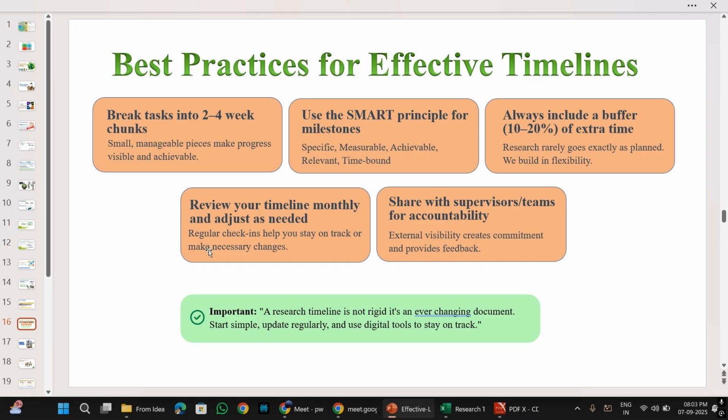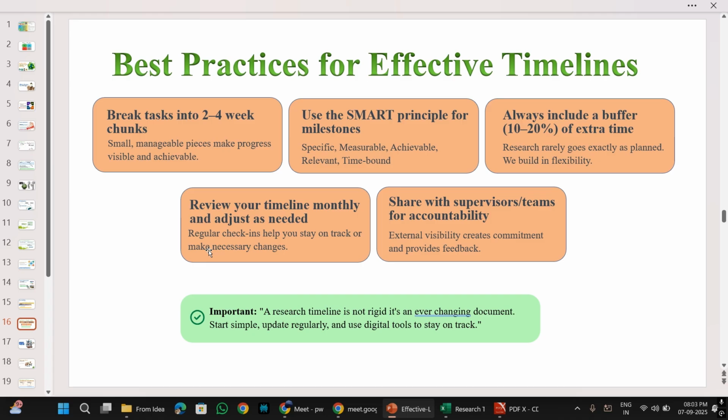So give yourself deadlines, for example, that until the second week I should be able to complete the data collection, and things like that. Always include a buffer of at least 10 to 20% of the total time that you think you are ideally going to require for a given smaller objective. You add some cushion timing to it.